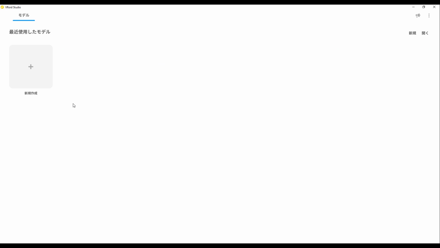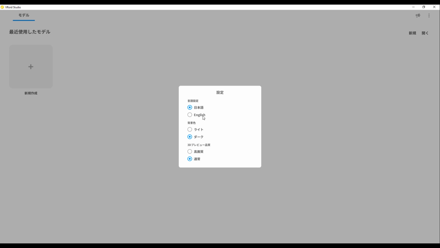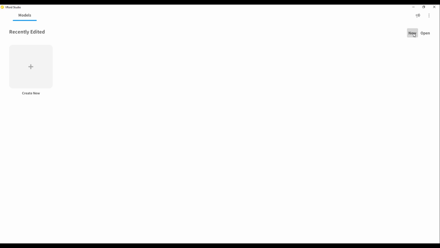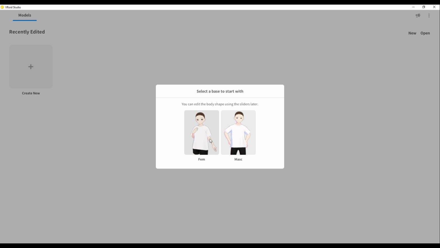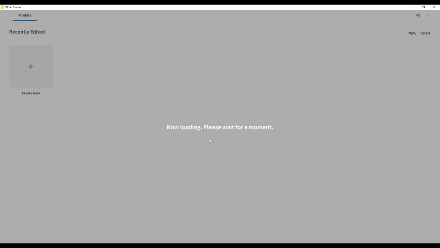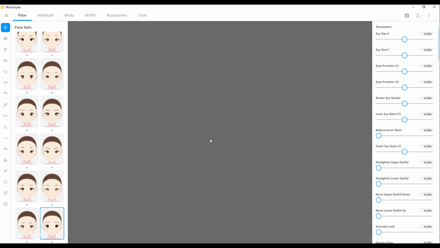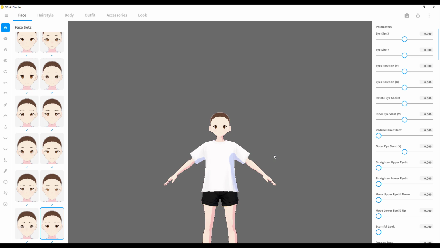And with the Vroid Studio simply open, you would notice that we have this in Japanese. And how do you change it to English? Click on this button, go over to the first one, and you can notice that we have English here. Turn that on. If you like to have a light scene, you can have this. If you want to have a darker scene, if you like to preview your images in high quality, you can set this as well. Now, if you click on new, you can choose to create a feminine or a masculine figure. And in this case, we're just going to go ahead and stick with the feminine one. And once you click on that button, it loads, opens up the viewport, and you can see what you have.